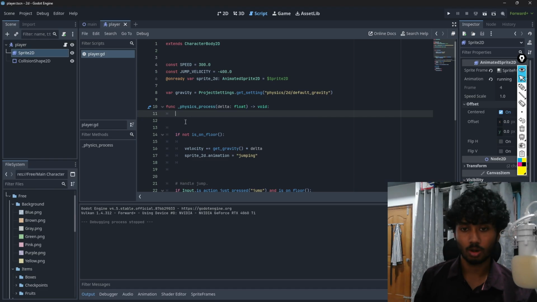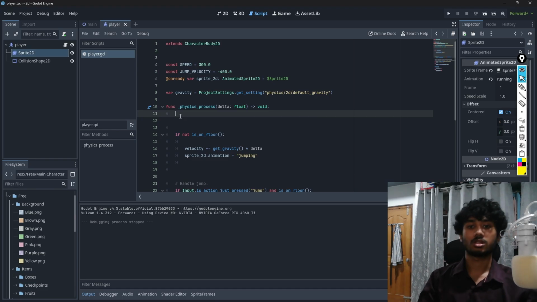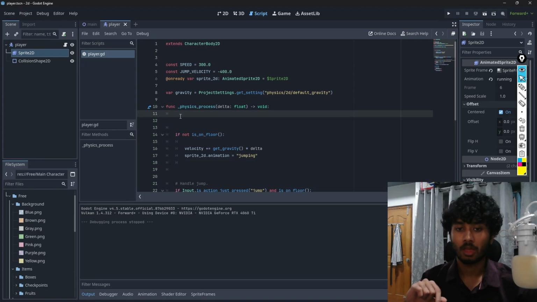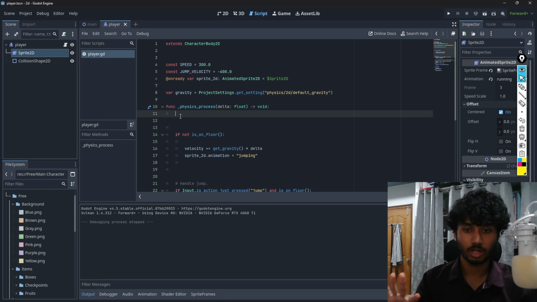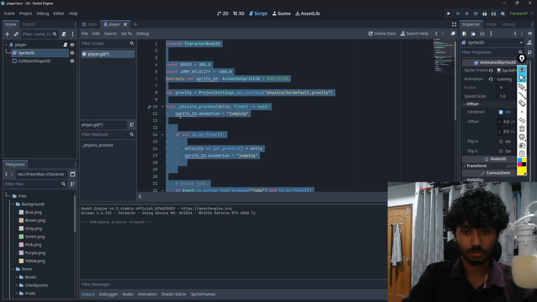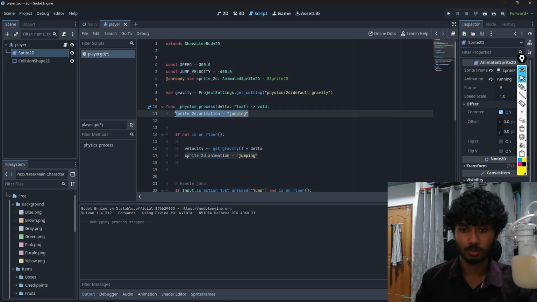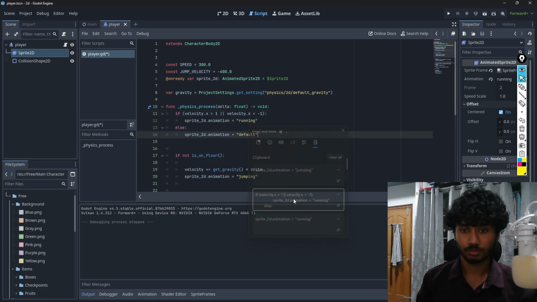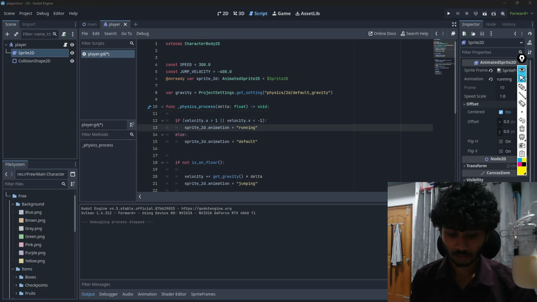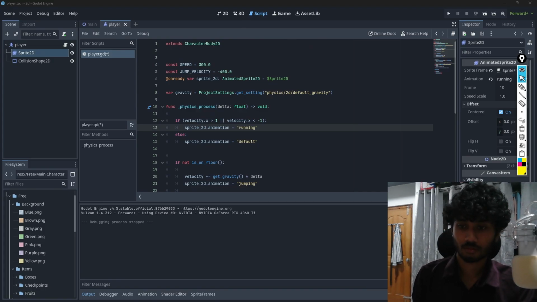So let's go on top of it and add the animations. If the player is moving, it plays the running animation, or it plays the default idle animation. So let's do that. Let's add that code as well, and I'll explain it to you guys. So what this code does, this code checks the player